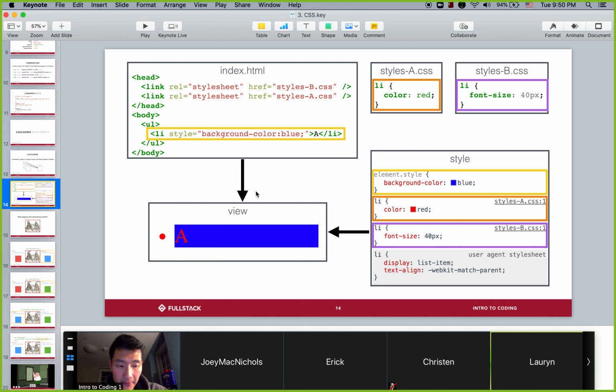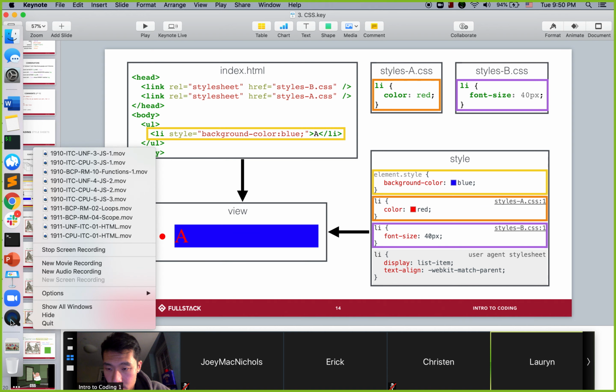I have a question. Yeah. So you said that if you have an inline style, it's going to be higher priority. But say you have like